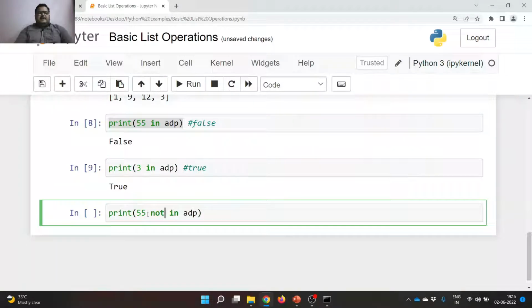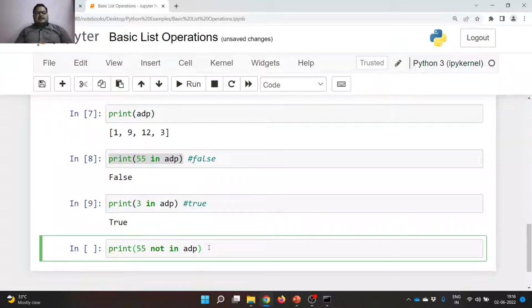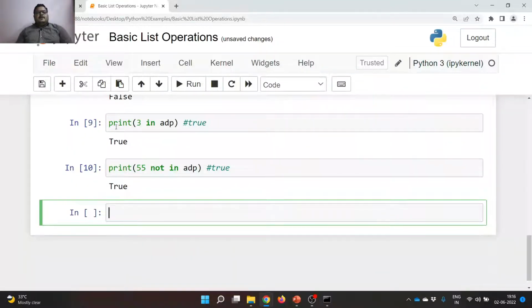print 55 not in ADP. 55 not in ADP. 55 not equal to 1, 55 not equal to 9, 55 not equal to 12, 55 not equal to 3. Yes, 55 is not available in the list. So that means the expected answer is 2. Now